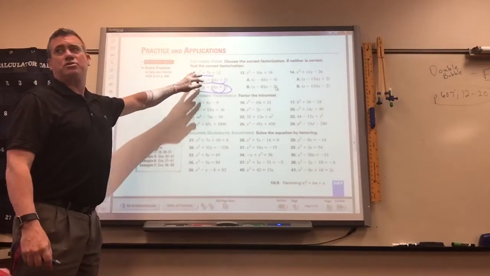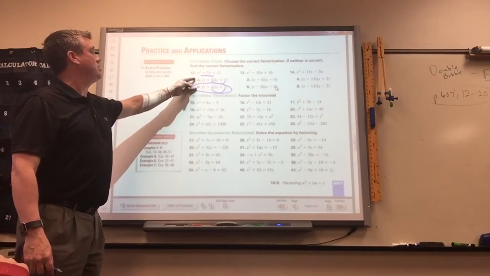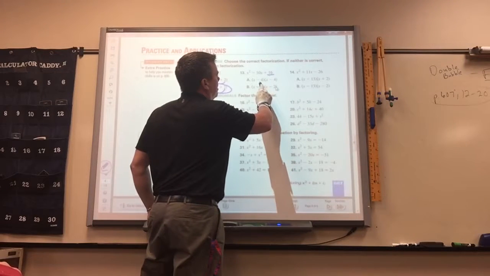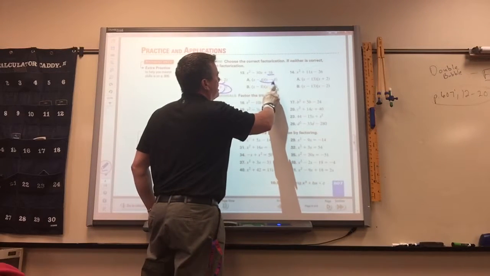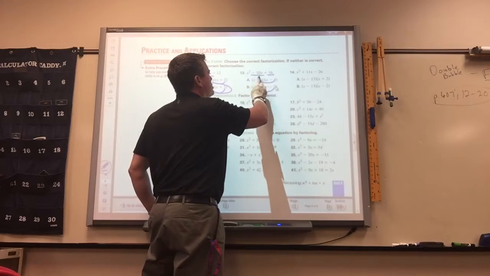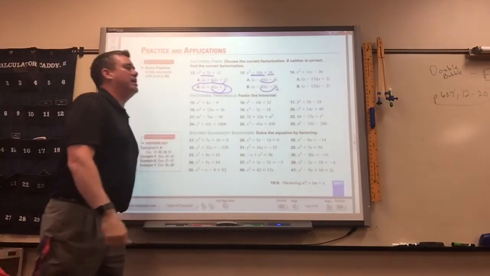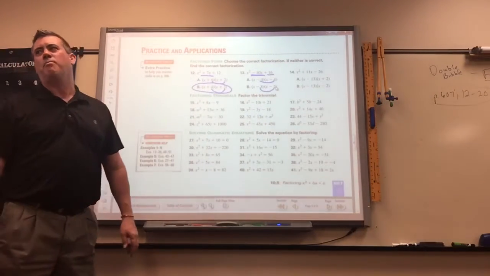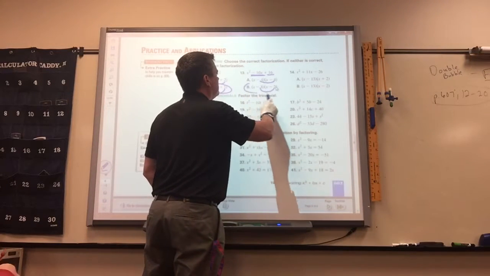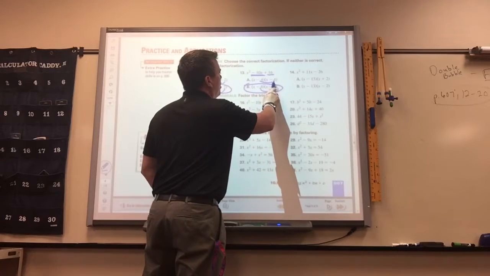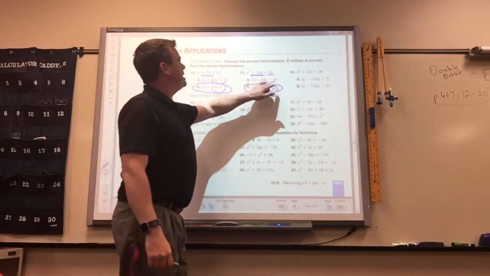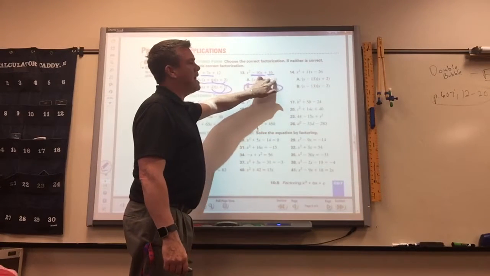No, one of these is the correct answer. So for 13, to get a positive 16, that works because negative times negative is positive. But which is the only one that would form a negative 10? B, because negative 8 plus a negative 2 is a negative 10. A negative 4 and a negative 4 would give you a negative 8 in the middle. So remember, you multiply the last ones to get the last term, but you add the last ones to get